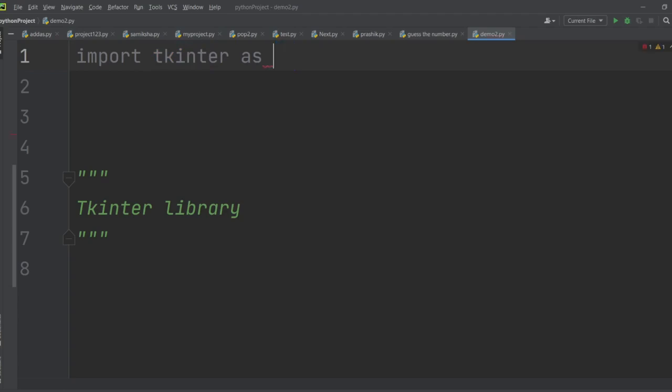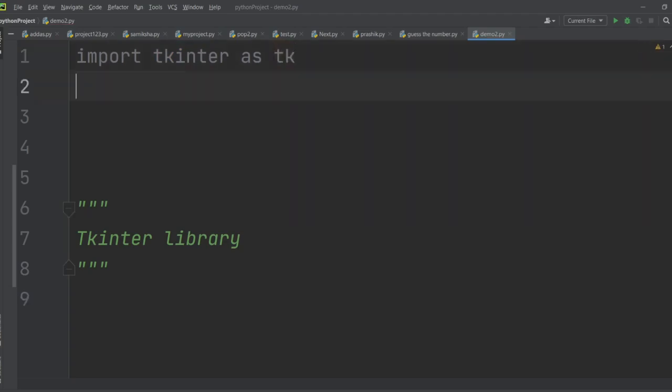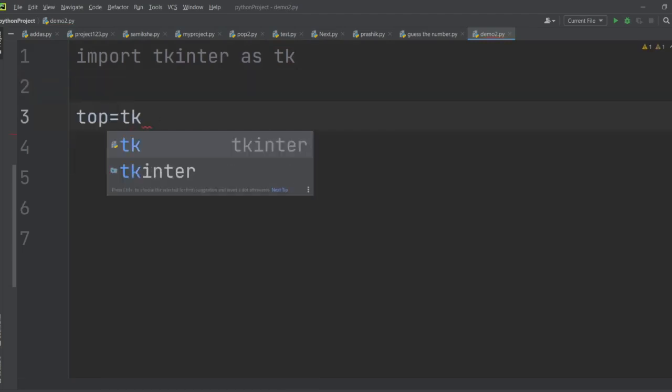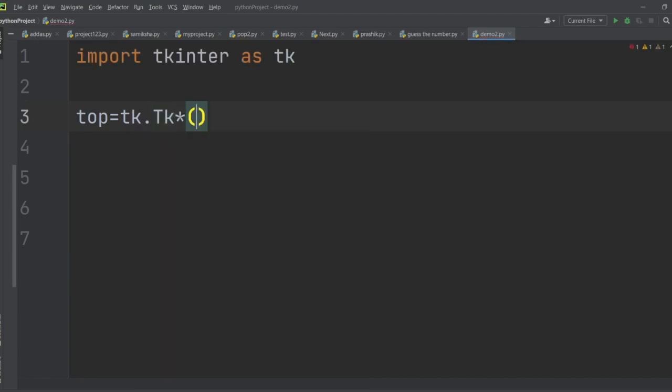You can take this as anything, it is just a variable. I can say ll, you can say oo, you can say pp, anything. But I am importing tkinter as tk. So this is the first line we have to write: import tkinter as tk. Then the second line, top is equal to tk dot Tk. Top is equal to tk.Tk. And then the next line, top dot